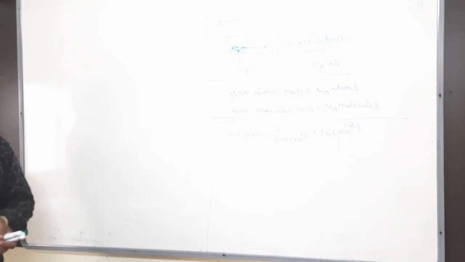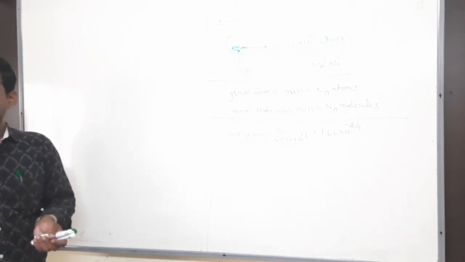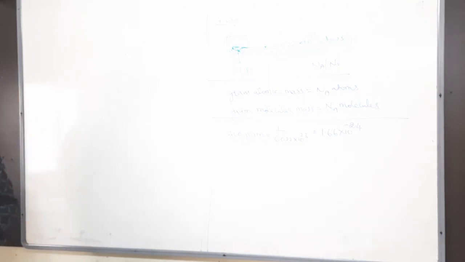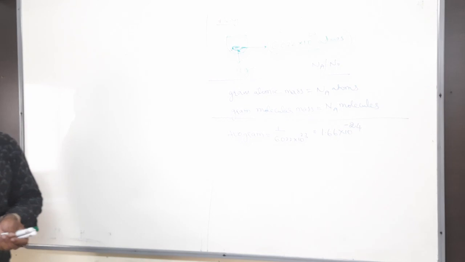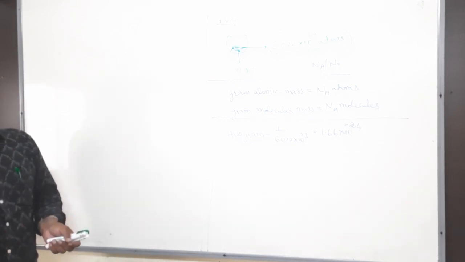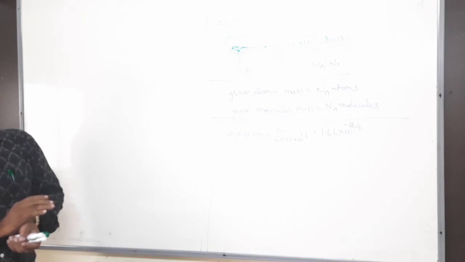But even so, we want its absolute value. If I take one hydrogen atom, what is the exact mass of one hydrogen atom? That is 1.008 AMU. That is not the actual absolute value. That is a relative, comparison value. We want the absolute value, what you would get if you keep one atom on a weighing machine. That can also be calculated from this concept.